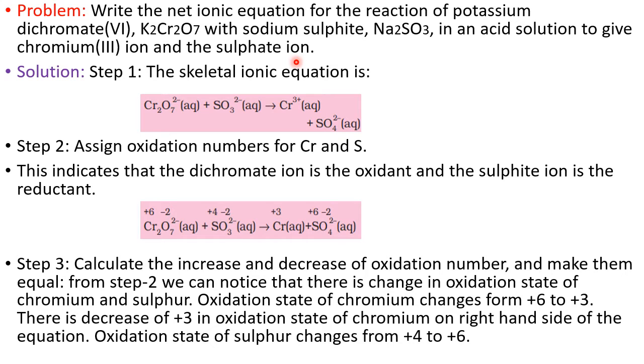So in oxidation, there is a loss of electrons. In reduction, there is a gain of electrons. How much gain is there? How much loss is there? That you have to check. If both are equal, no problem. If unequal, please equalize, because the number of electrons lost must be equal to the number of electrons gained, because we are balancing the redox reaction. Every electron has to be accounted for. That's why you have to balance.